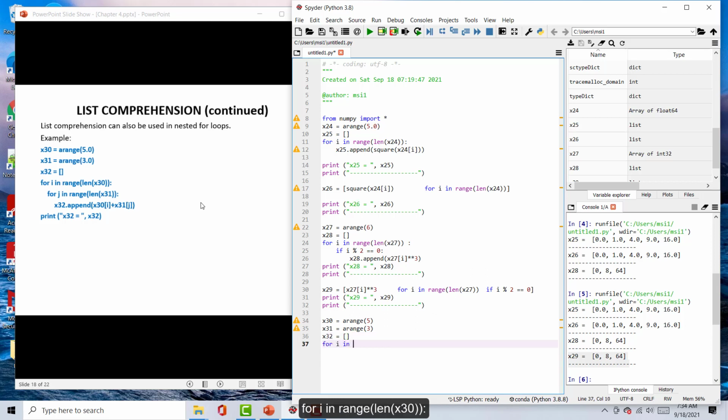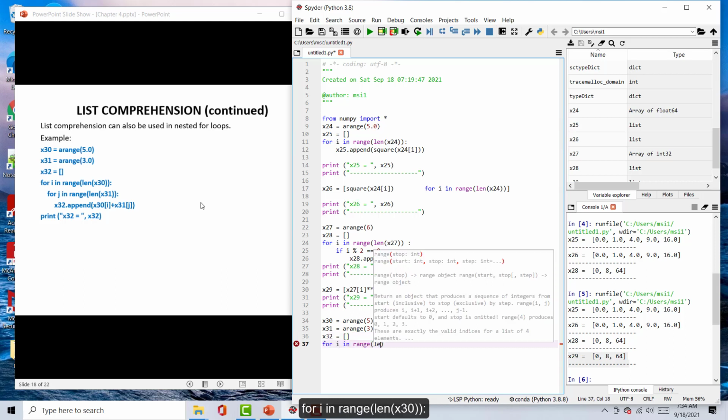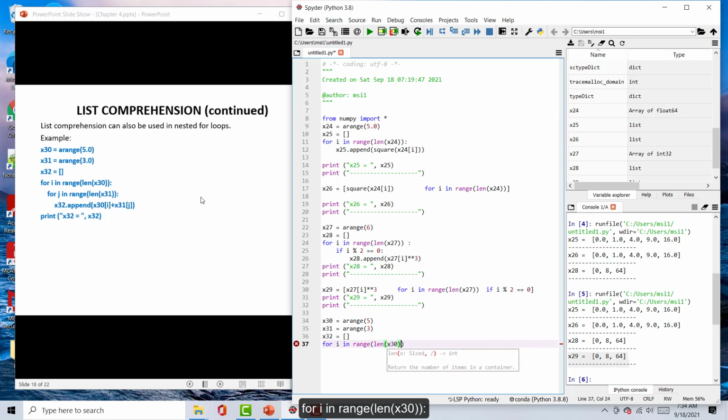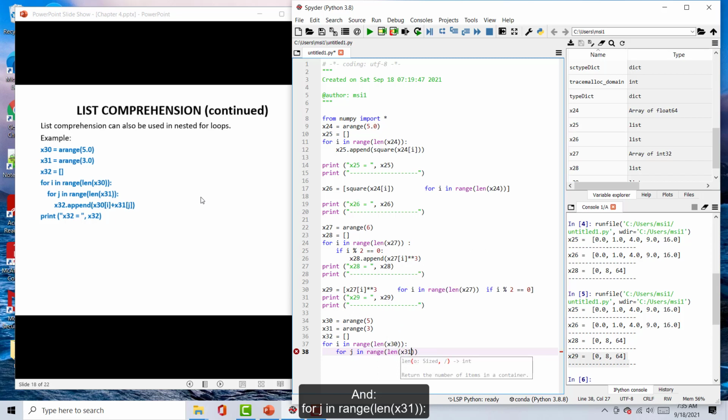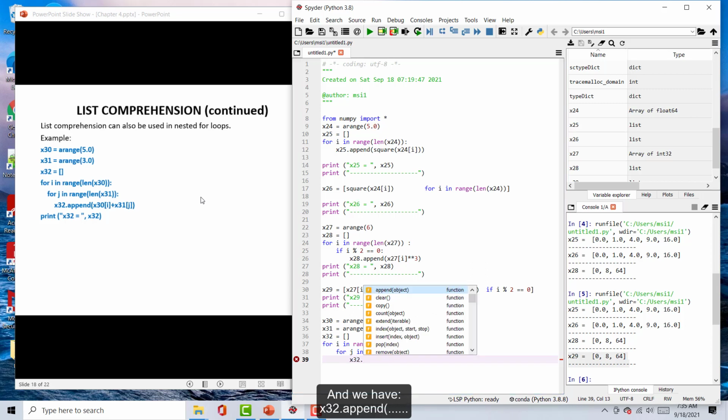For i in a range of a len x30, which are 0, 1, 2, 3, and 4, and for j in a range of a len x31, which means values of j will be 0, 1, 2, and we have x32.append